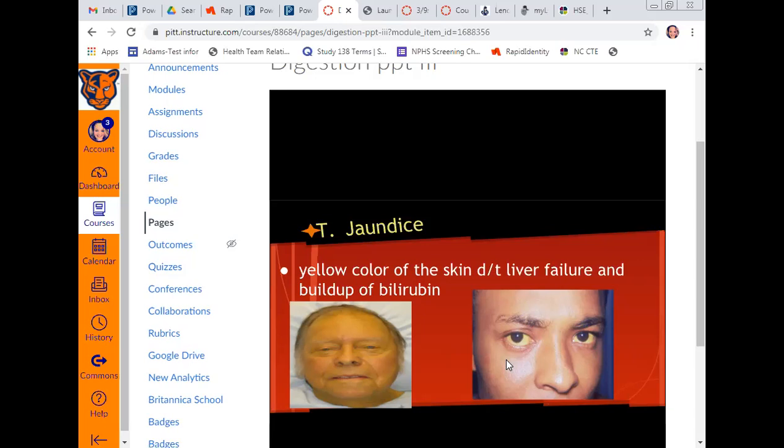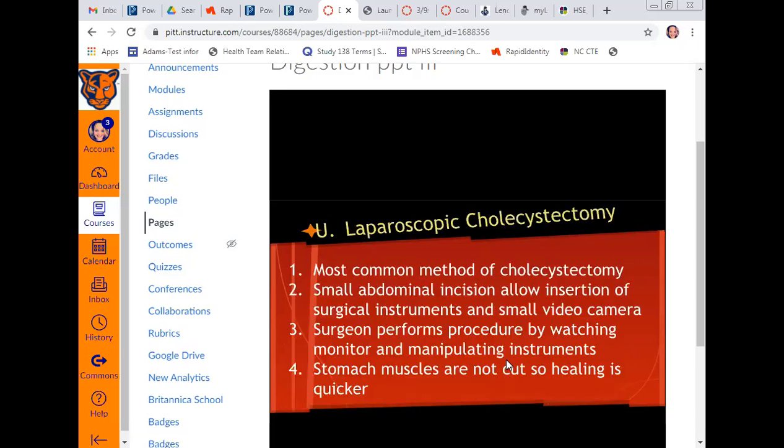So if you're spending time with your patient and they didn't come in with yellow skin or eyes and you're starting to notice the yellowing, that would be your cue as a healthcare provider to say, hold up, something's changing, okay? Moving forward, when we talked about gallbladder disease earlier, this is one of the methods that we use to